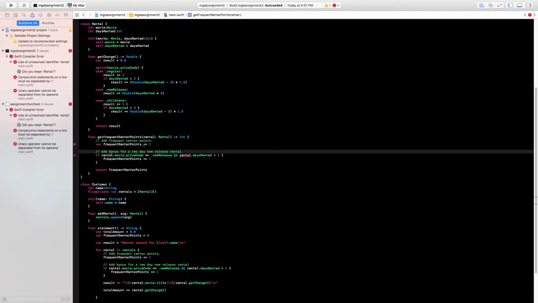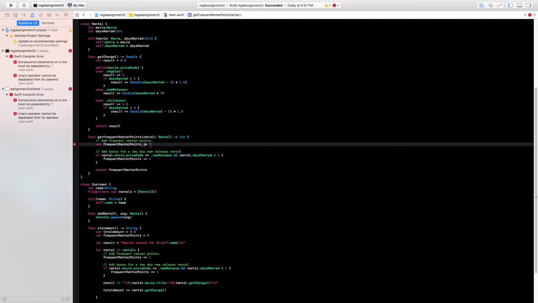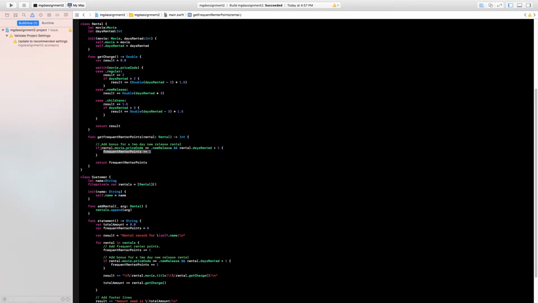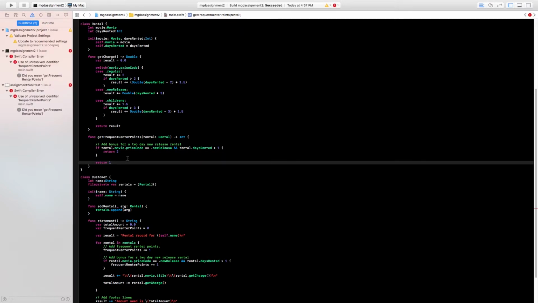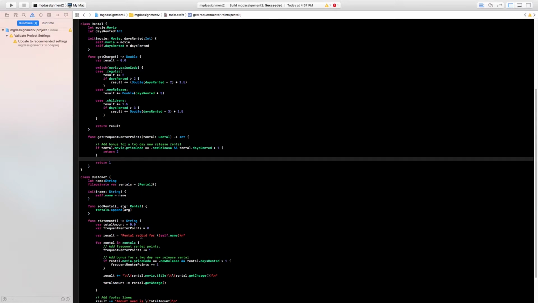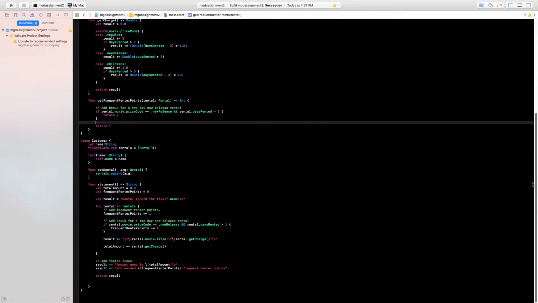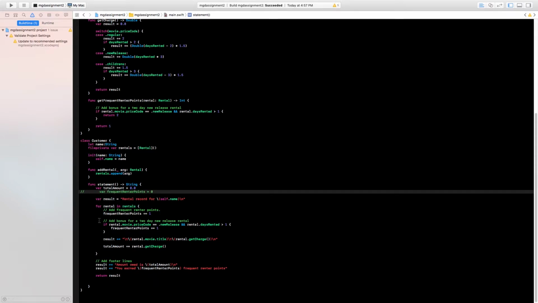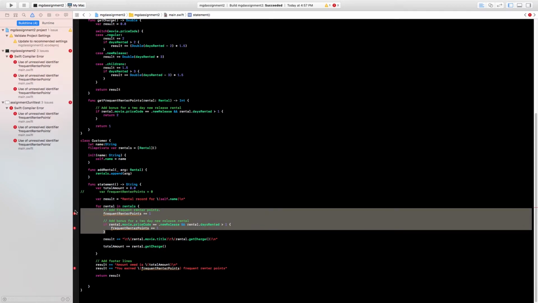Okay, so this works. The problem is this over here is 0 and 1, but if you look at the code, it actually returns either 1 or 2. So what you can do is just replace this one here, and you can just say return 2, and this one returns 1, and that's it. And then this is our frequent renter point. So if we comment it out,